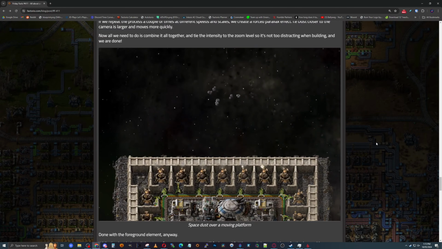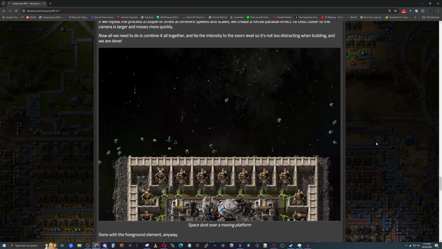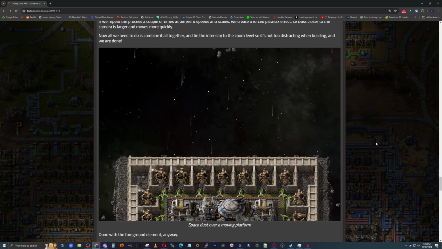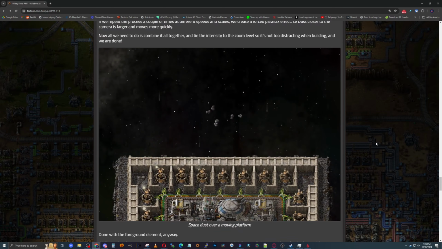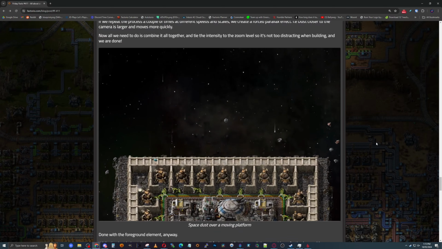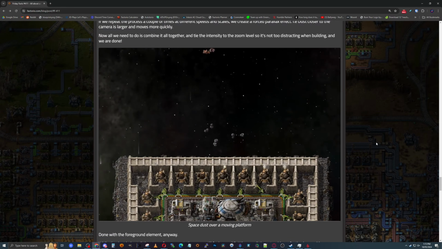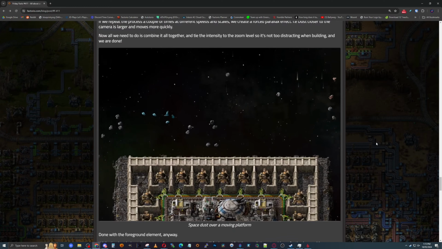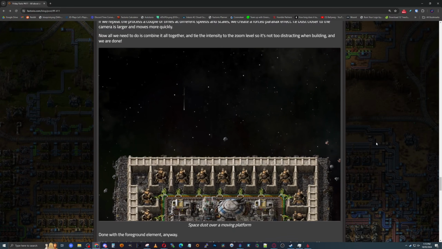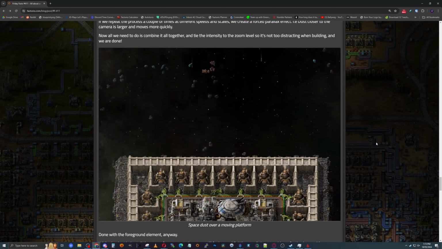So, this is the final effect with some guns, taking out some of the asteroids on the way, and I've seen people comment that the dust is a little bit distracting when building, but if you're zoomed in, I think the dust is just not going to show up. It'll be at a height above the camera. I can see why they're saying it, but yeah, I don't know yet. I think if you're zoomed in building, it's going to be at a height above the camera, so it won't